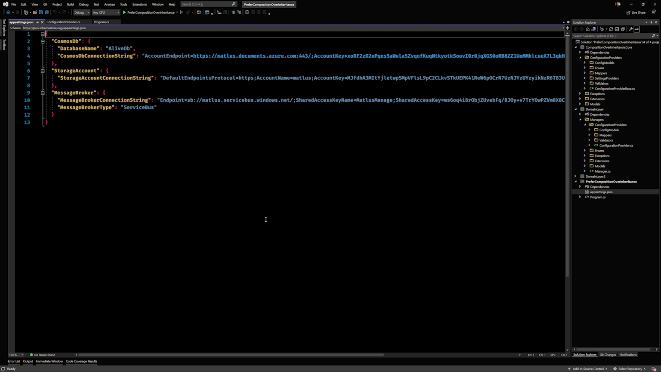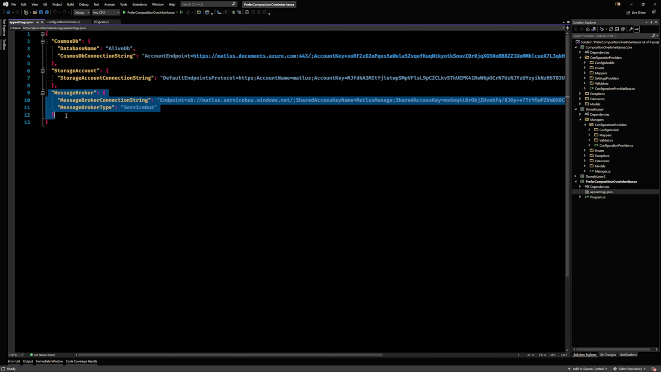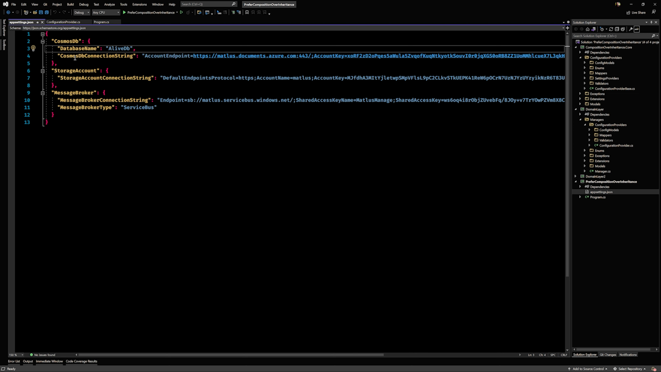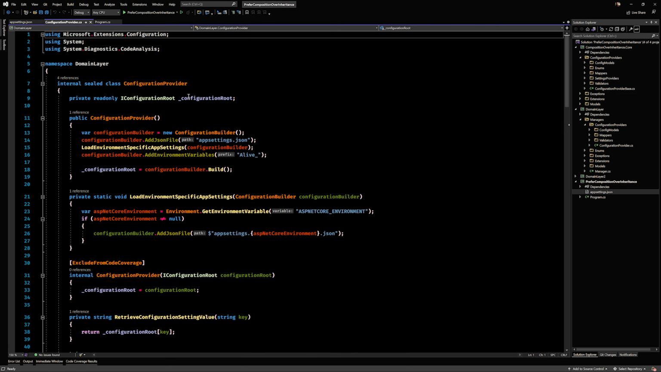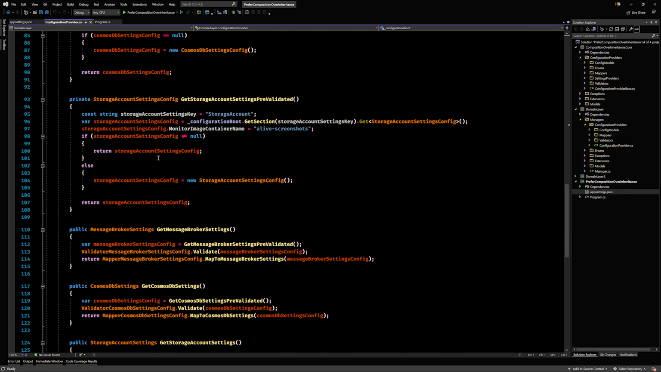All right. So just to highlight some of the basics, this is the config file where we have Cosmos DB settings, storage account settings, and message broker settings. Just to give you a sense of what's involved in these standard settings, there are three settings here. And there's this base class. It's not called a base class, but this one config provider has all the functionality we need, which is